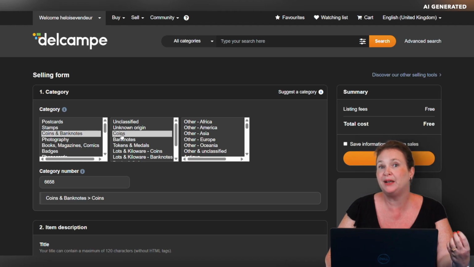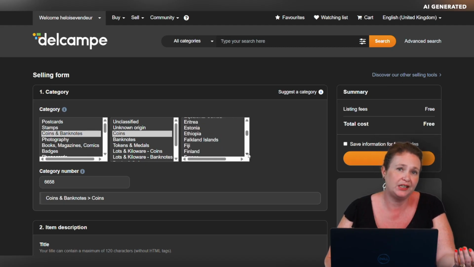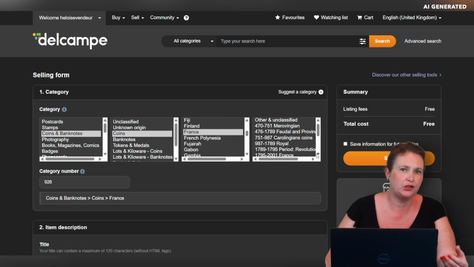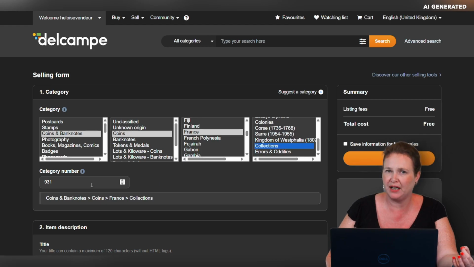We highly recommend being as accurate and detailed as possible, so that collectors who have set up a search based on a specific category can see your items and, of course, potentially purchase them. If you already know the exact category number in which you want your item to appear, you can simply type it in manually in the small box below.